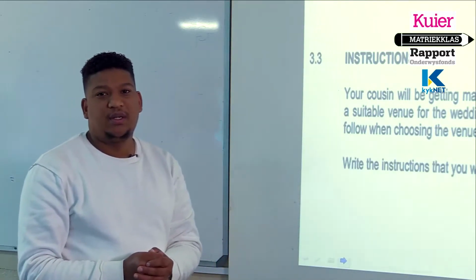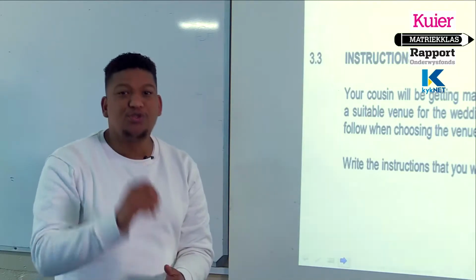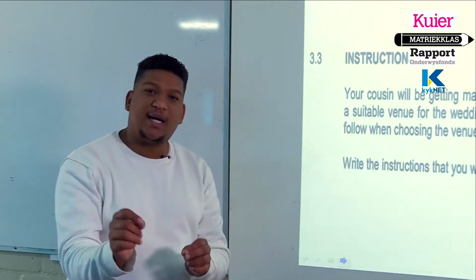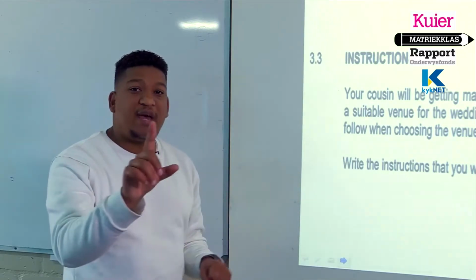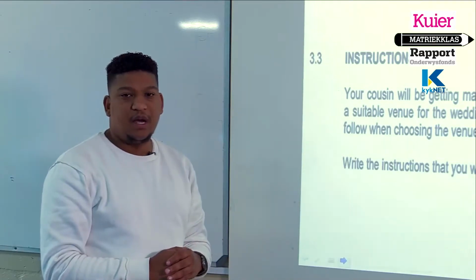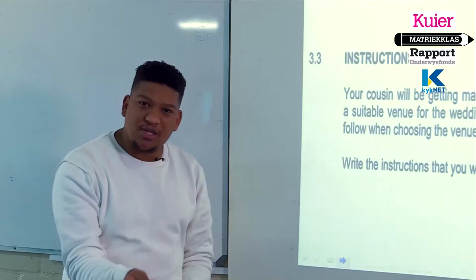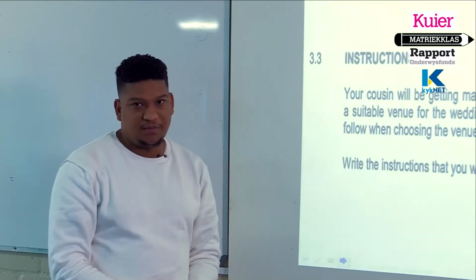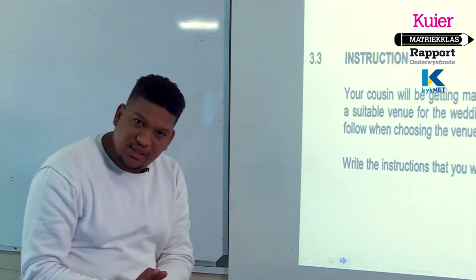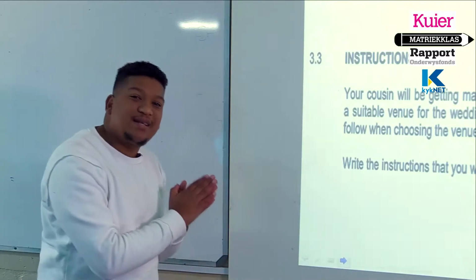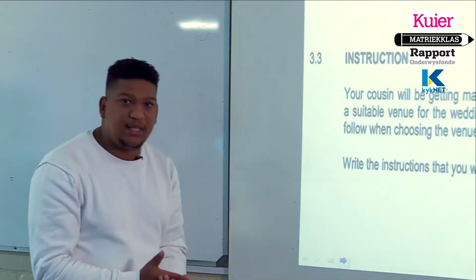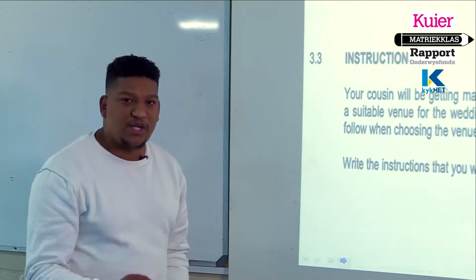Now, the cousin did not ask you to choose the venue. This list is an indication that you had to go and search for various venues, but she's looking for one which would be suitable. So she provided you this list. You follow this list to find the venue. Please do not confuse this with a wedding invitation. These are instructions given to you, and it is important that you analyze it appropriately to answer the question.